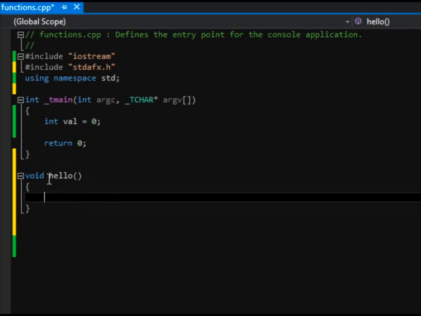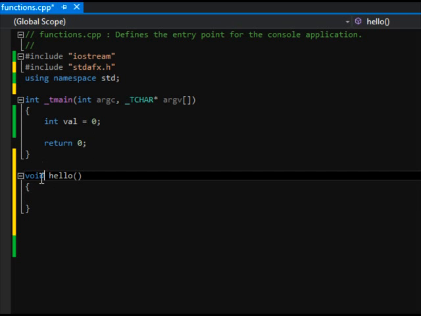Void means that it's not expecting a return of anything. What a return means is that it might return a value. If I had a function with an input, I'd have one output. I could have multiple inputs, but only one output. That's how that works for functions. I can't really have multiple outputs. You can only have one. So we'll start with void.